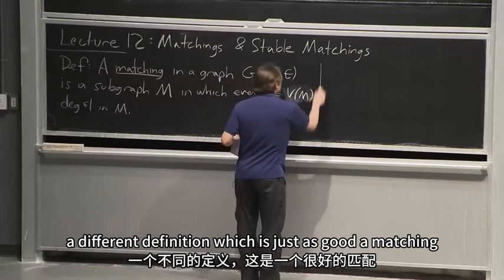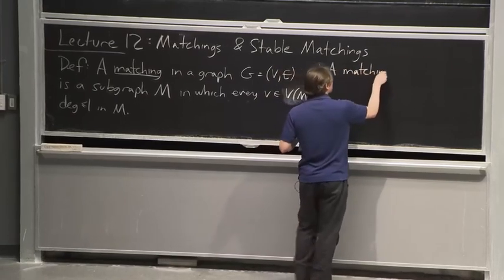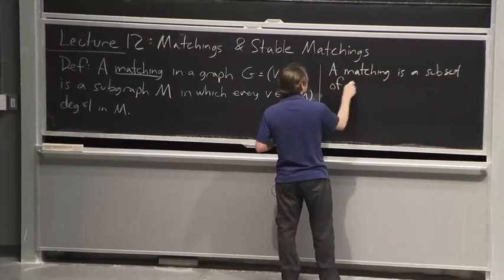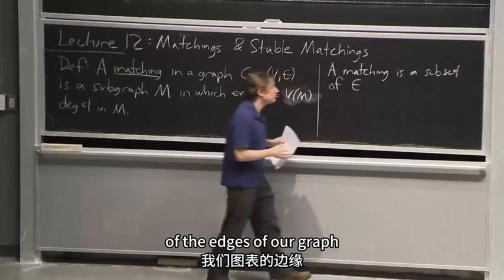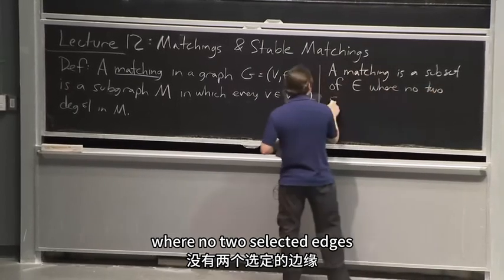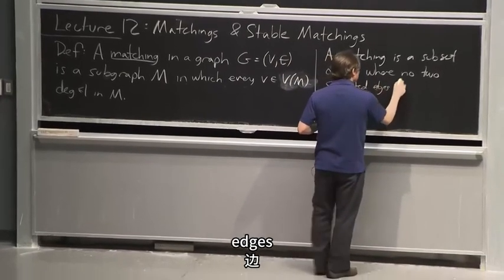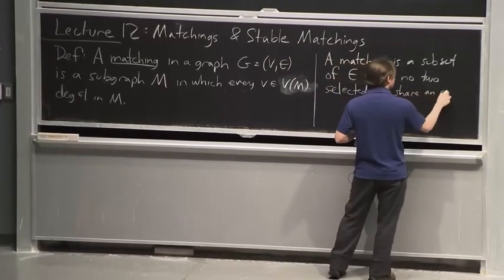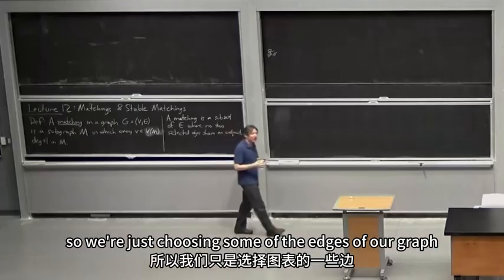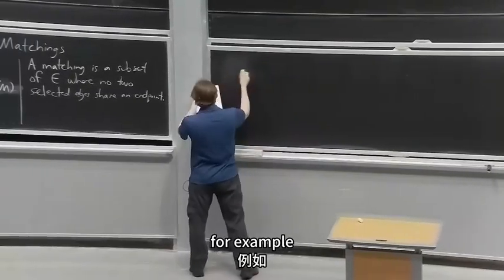Said differently, a different definition, which is just as good, a matching is a subset of the edges of our graph where no two selected edges share an endpoint. So we're just choosing some of the edges of our graph, making sure that we never touch edges that have an endpoint in common. For example,